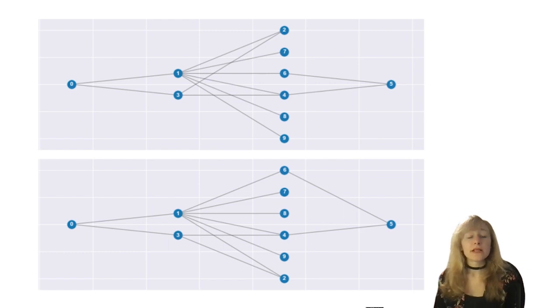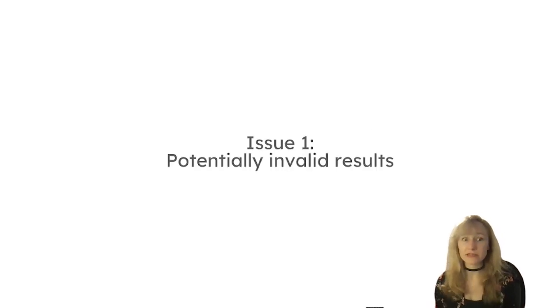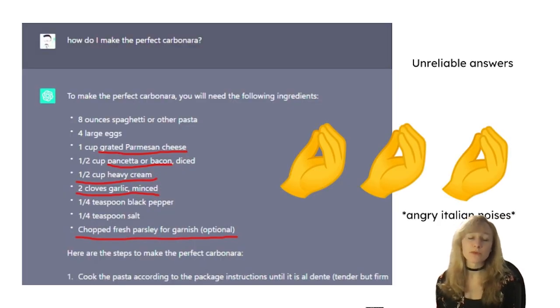So let's discuss a little the pros and cons of this approach. Issue number 1, we can't trust the results. Being a probabilistic model, it returns the most probable result, not necessarily the correct one. And it does so with facts and information. Sometimes it invents things, and it does so with math as well. In the context of layout algorithms, there is no way to prove that a returned solution is good unless we have access to the ground truth or we have another way to compute the results, thus strongly limiting the purpose